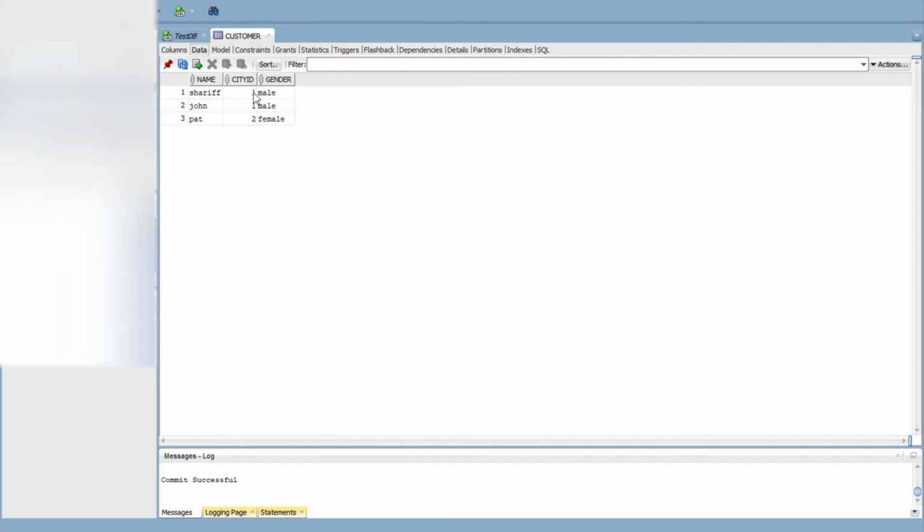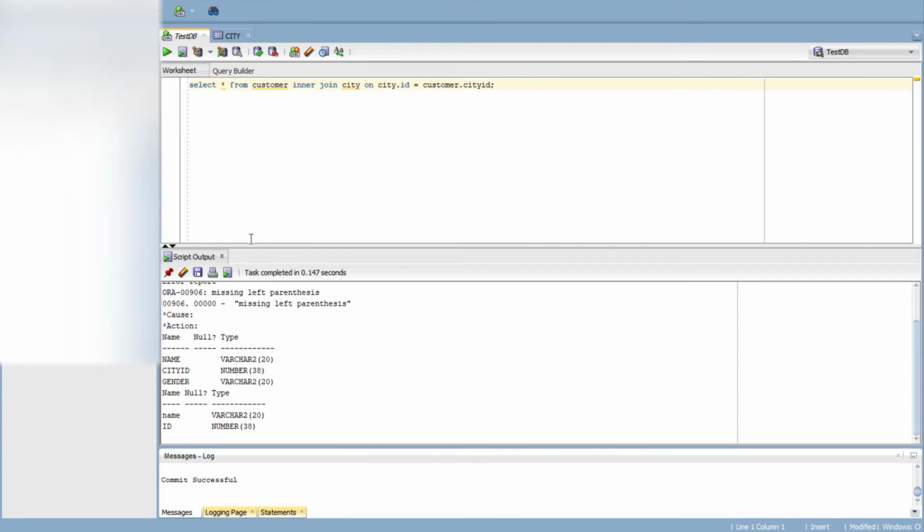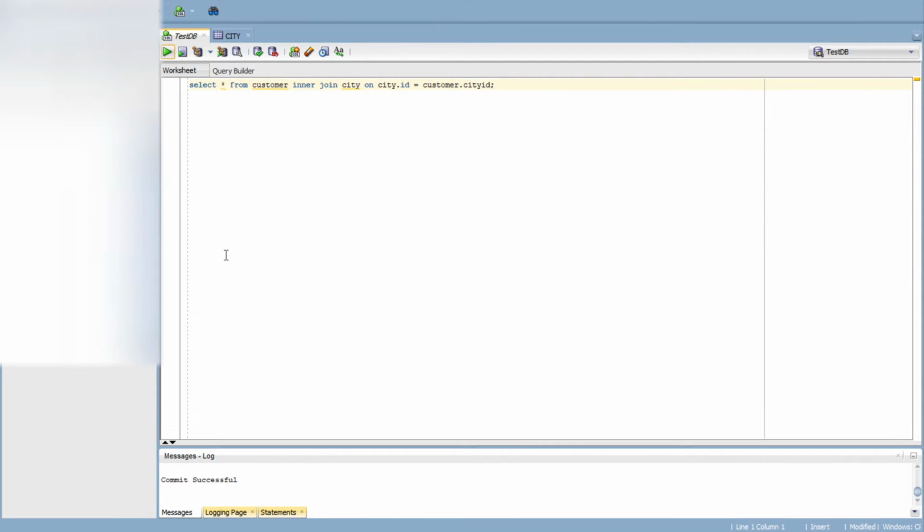And this is what we're going to use to join the two tables, as the word says, joining. So we're using the city ID column to join with the city table on the ID itself. And this is how we will run a simple query here to show you how to run the